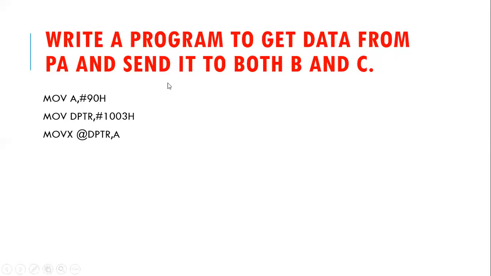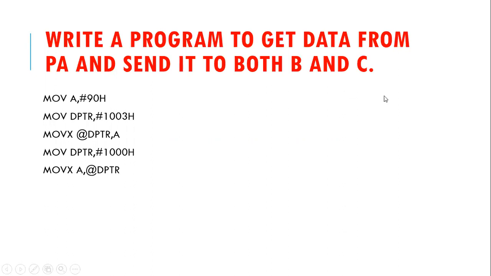We have to send some data into port A of the 8255. So what do we do? First we locate the DPTR. We point the DPTR to the address 1000H. So port A is being pointed. Then whatever value is there, we move it into a register. As we move the data, 1000H is pointing to port A. Then we take the value into the A register. Now whatever value is taken from port A is in the A register.